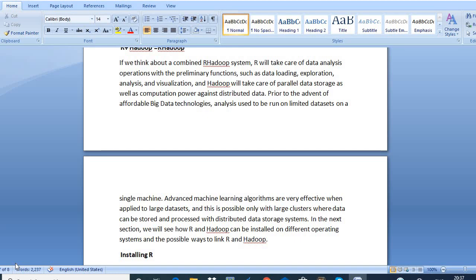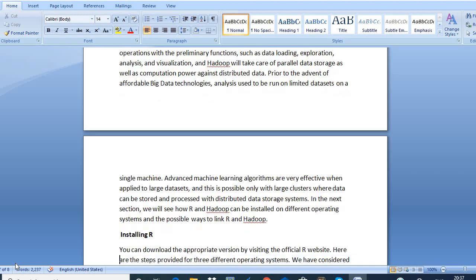But advanced machine learning algorithms are very effective when applied to large data sets. That is, advanced machine learning algorithms can be used on big data. In the next section, we will see how R and Hadoop will be installed on different operating systems, and also the different ways to link R and Hadoop.